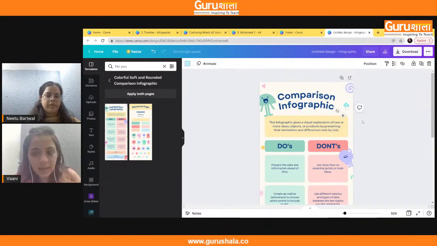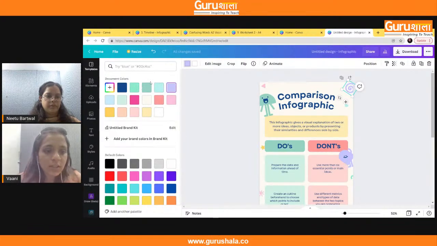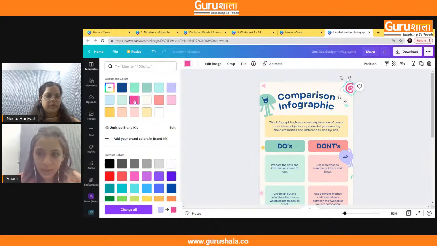This is also an element that can be removed and you can add something else here. Similarly, when you click on this and you go to the top left of the page, you will see that you also get the options of colors. When you go to the colors, you can change colors of certain elements, as I am doing right now.